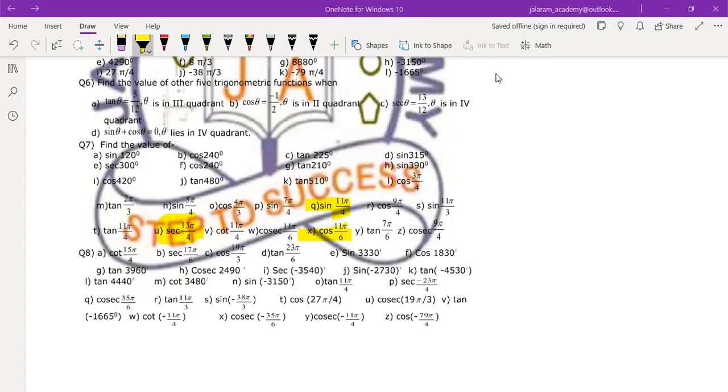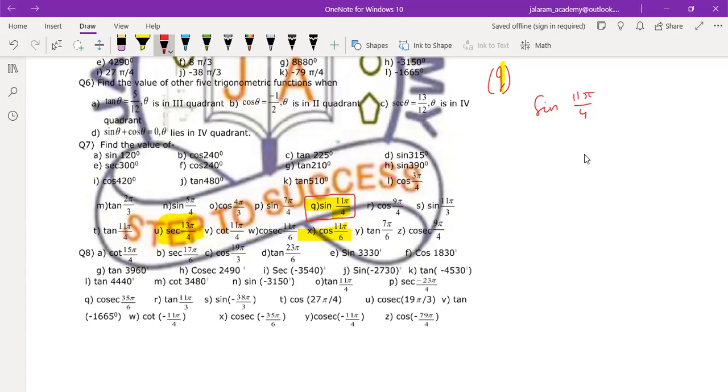Now we will discuss some important questions of trigonometric functions, how to find the trigonometric ratios of standard angles which are not lying in the first quadrant. Like this question, sine 11 pi by 4. To solve these types of questions,